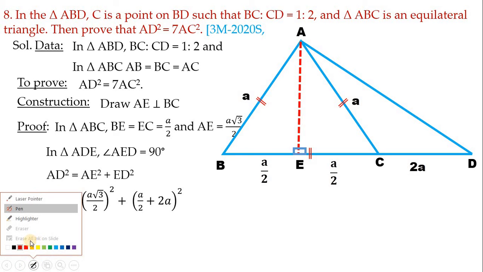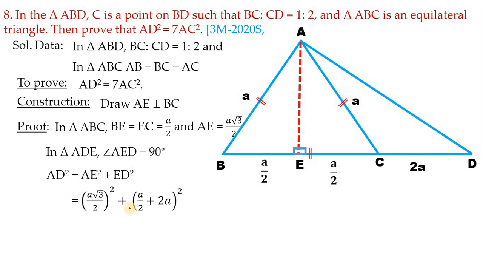Next, let us simplify this, children. The square is present for the numerator as well as the denominator. So A square means we get A square itself. Root 3 whole square means root and square get cancelled and we get 3 itself. Hence in the numerator we get 3A square and in the denominator we get 4. Similarly here, nothing means 1 will be there. Multiply this, 2 ones are 2, and do the cross multiplication: A into 1 is A, and 2 into 2A is 4A.